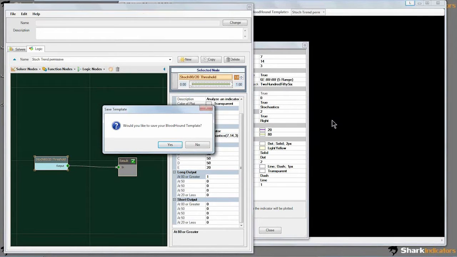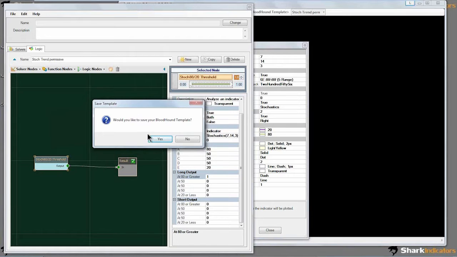When the interface closes, it automatically saves your BloodHound template back to the file. But if you don't have a name, BloodHound doesn't have a file created yet to save your data to. So it's asking if I want to create a template name so it can save my work. Let's click yes